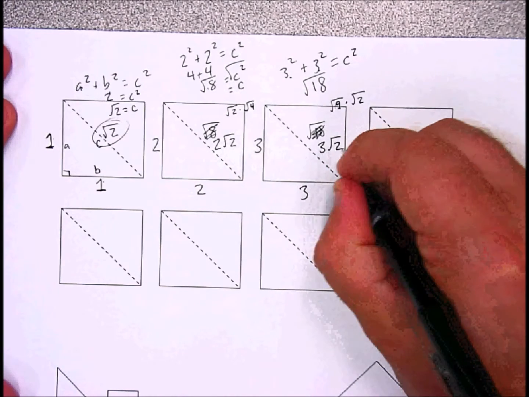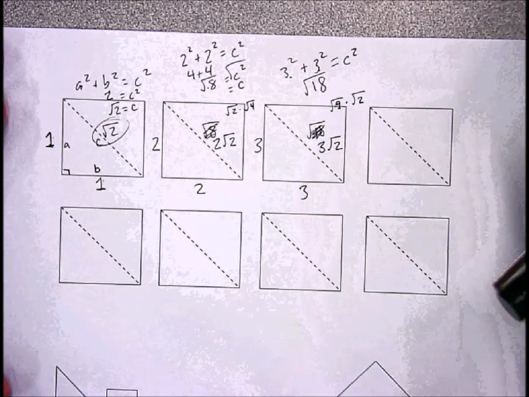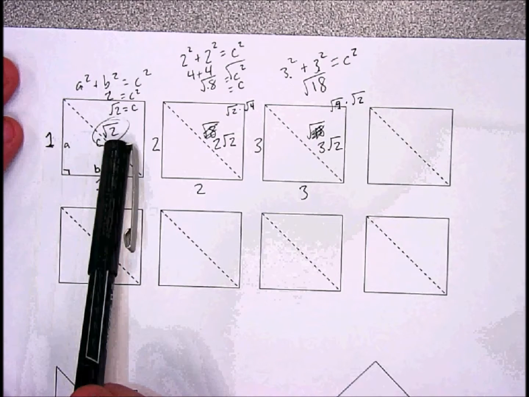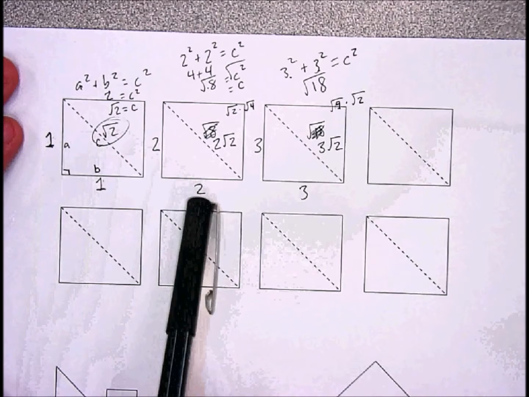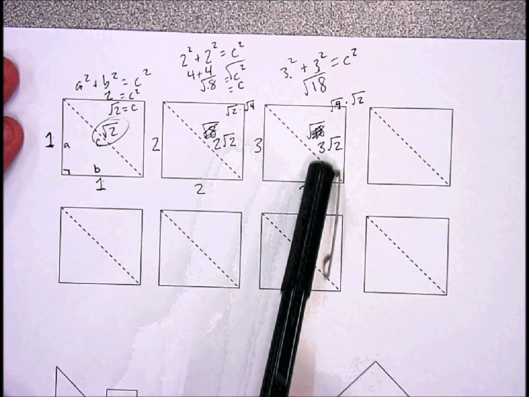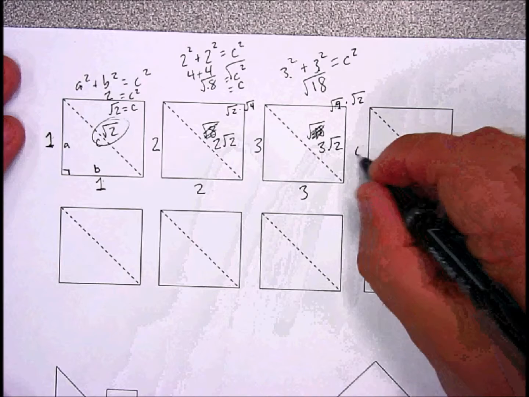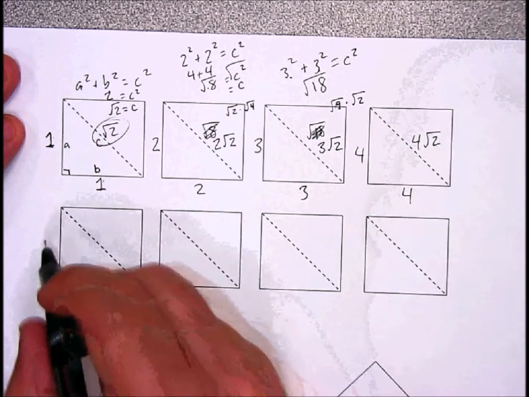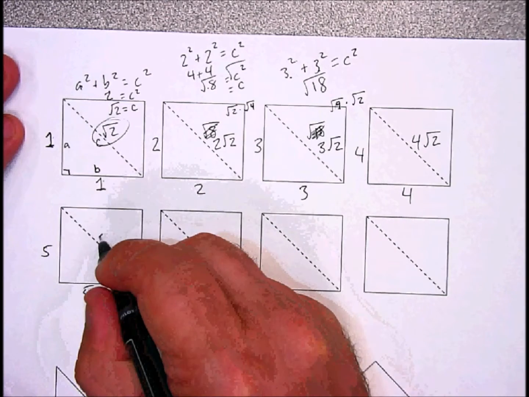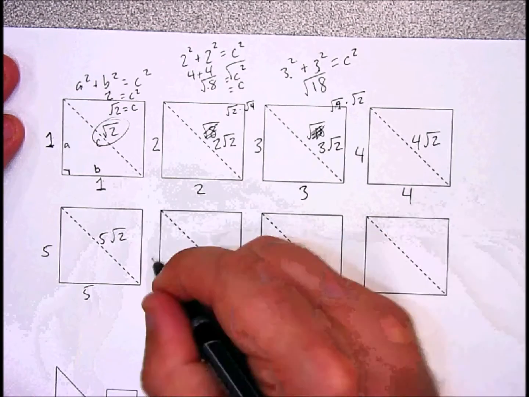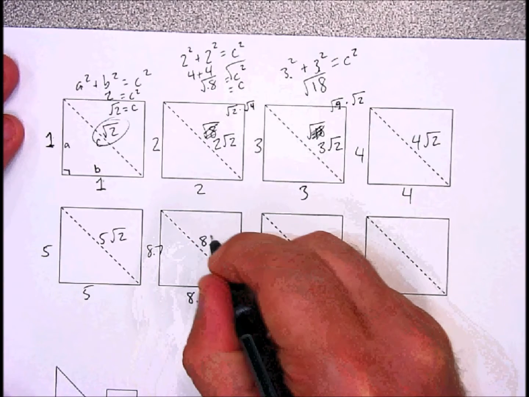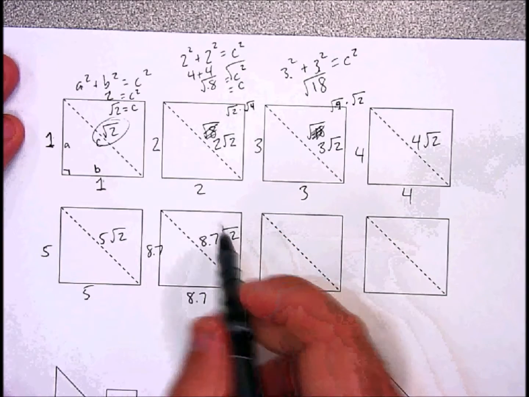3 square root 2. And at this point is when you can notice, oh, I think I see a shortcut here. So when this is 1, I get 1 square root 2. And when this is 2, I get 2 square root 2's. And when this is a 3, I get 3 square root 2's. And so I'm not even going to do all the work. This is a nice shortcut. I can say 4 square root 2. And if this was a 5 and a 5, then I'd have 5 square root 2. Or if I had like 8.7 and 8.7, then I'd take 8.7 times square root 2. And so this shortcut